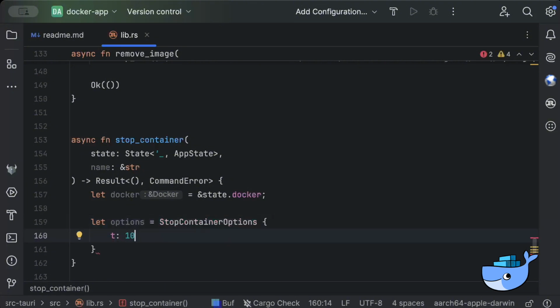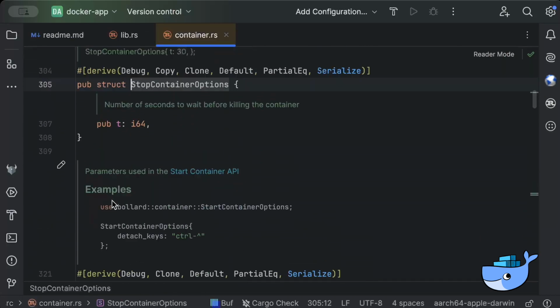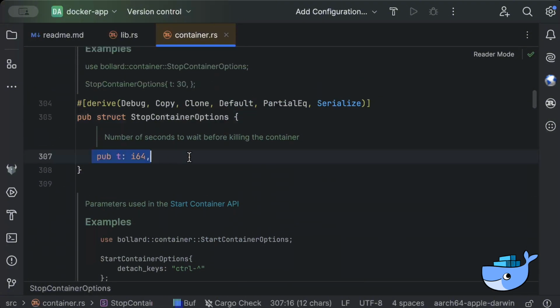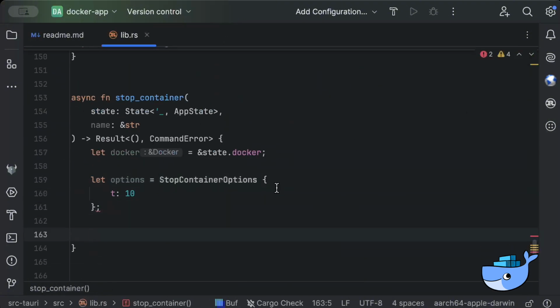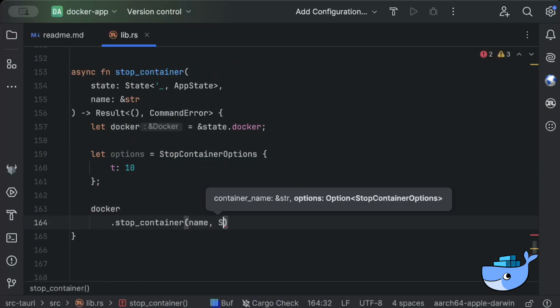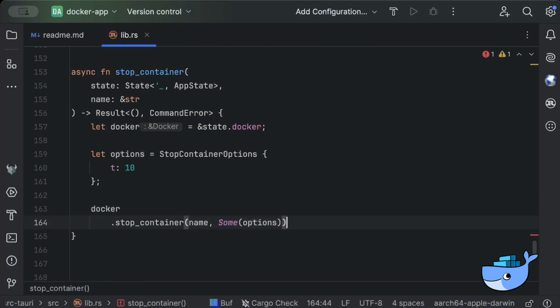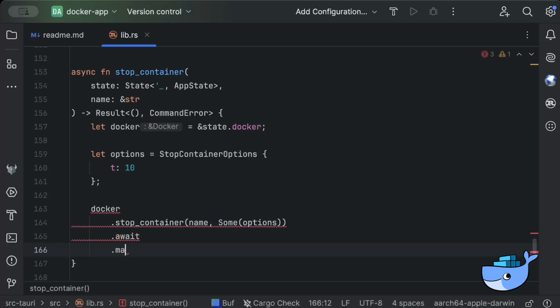So basically it will wait for 10 seconds before forcefully stopping the container. This is a property that we get here in the options, and then we can simply do docker.stop_container, pass the name, pass some options, and then we await and map the error,